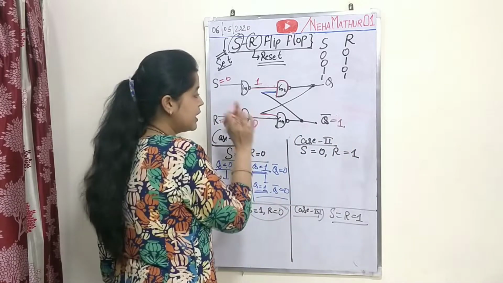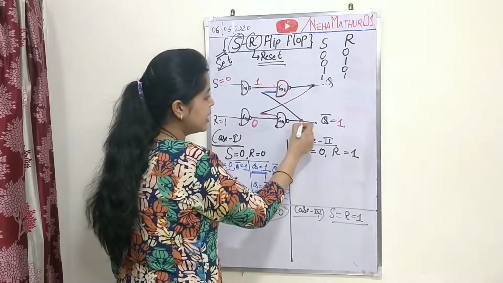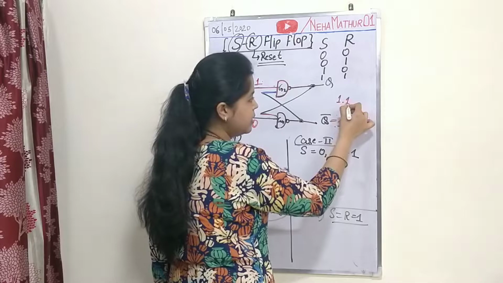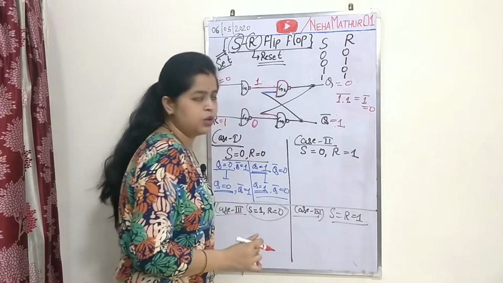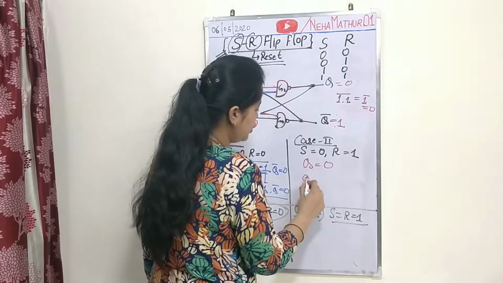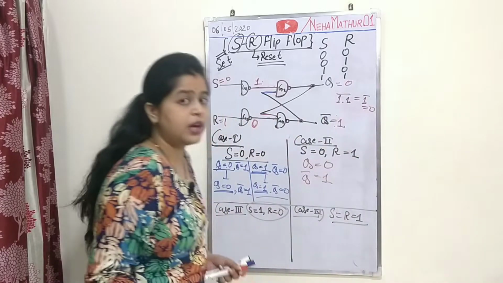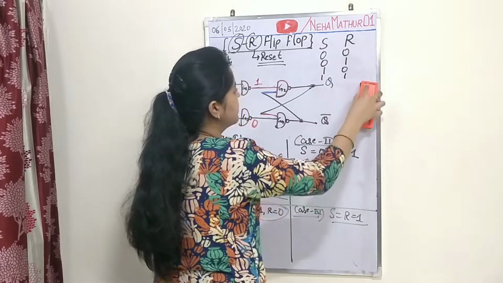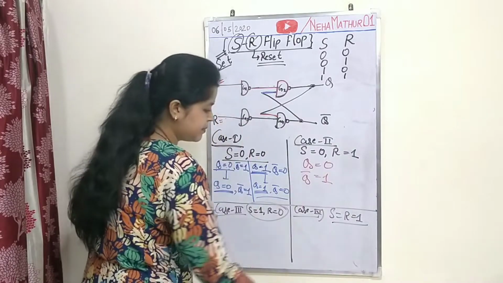Now for the calculation of this gate, the second input is also needed, and we are getting this input from here. Now 1, and this is also 1. So 1 dot 1 with complement, it will be 0. So your Q will be 0. So you can say that for this case your Q is equal to 0 and your Q bar is equal to 1. Fine. This is the second case, which can be executed without any assumption of Q and Q bar.